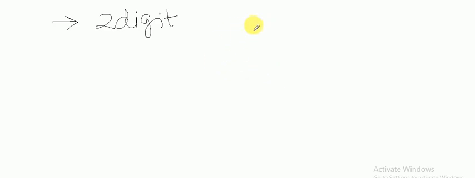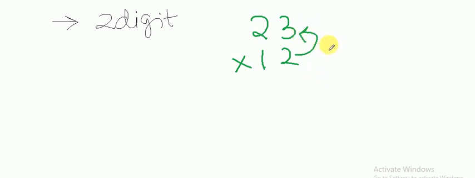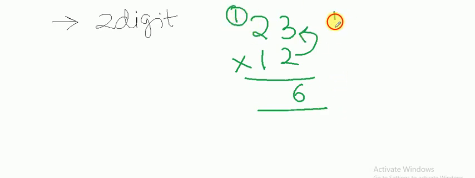So basically, see, I'll take a simple example. This is a 3-step phenomenon, basically 23. I am taking an example and this is 12, let it be. So what you have to do is you have to just multiply. First step is this by this. So what you got, 2 into 3 is 6. So we'll write 6 here. This is step number 1 actually. Step number 2 will be